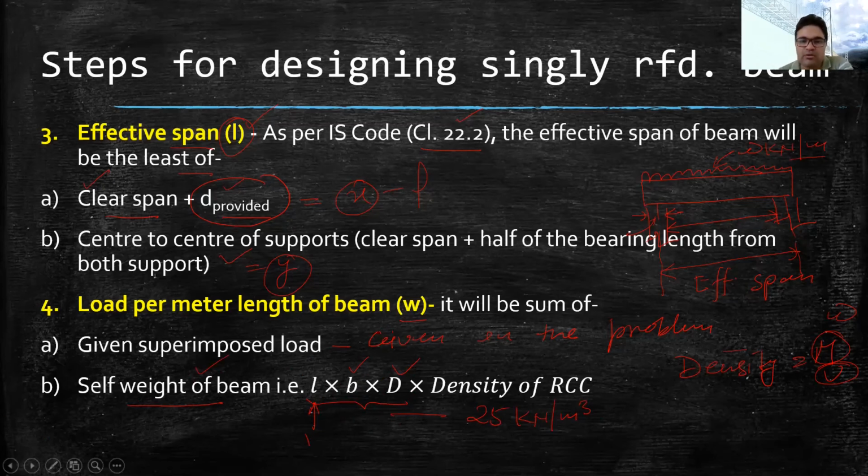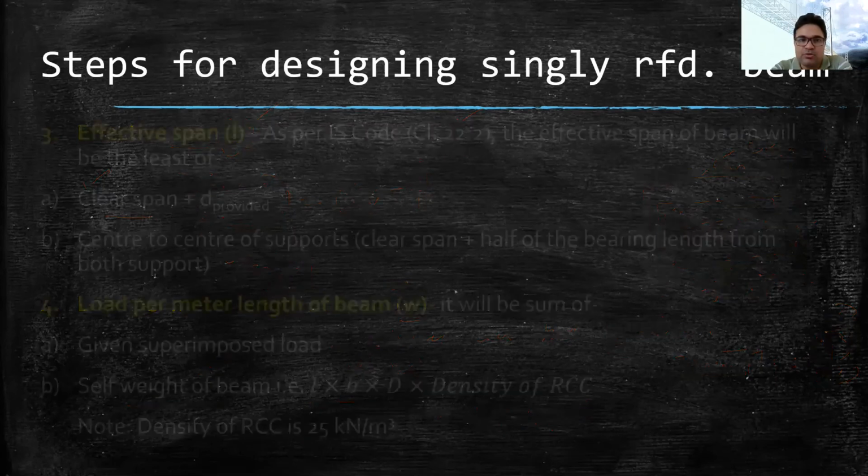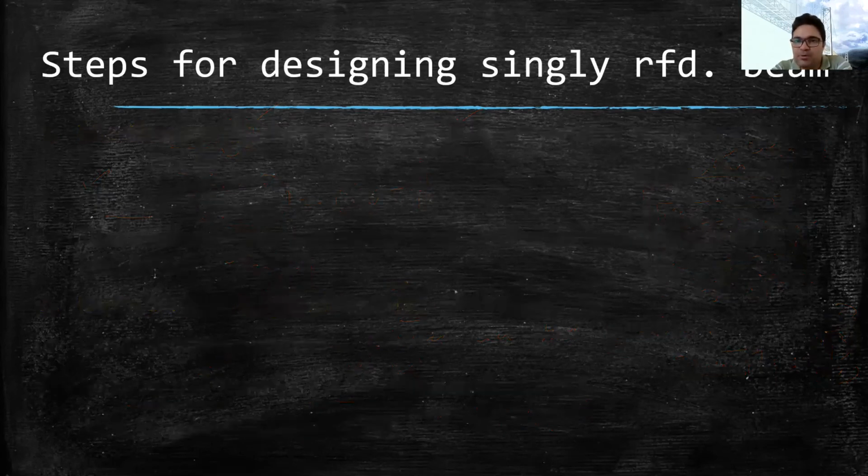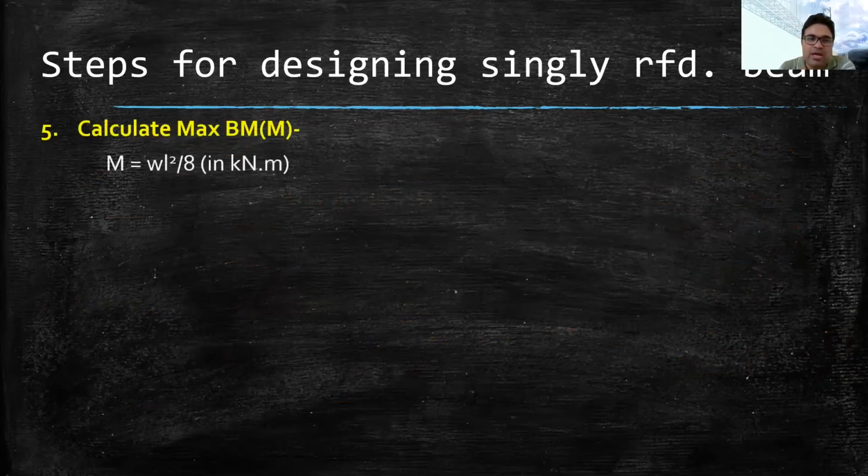So now we have calculated the load. In the next step, we will find out the effect of load. And the major effect of load, which generally influences the design of beam, is bending moment. So bending moment for a simply supported beam carrying UDL for the whole span, I have explained this in the previous lecture, and it will be taken as WL square by 8. So this will be for the UDL.